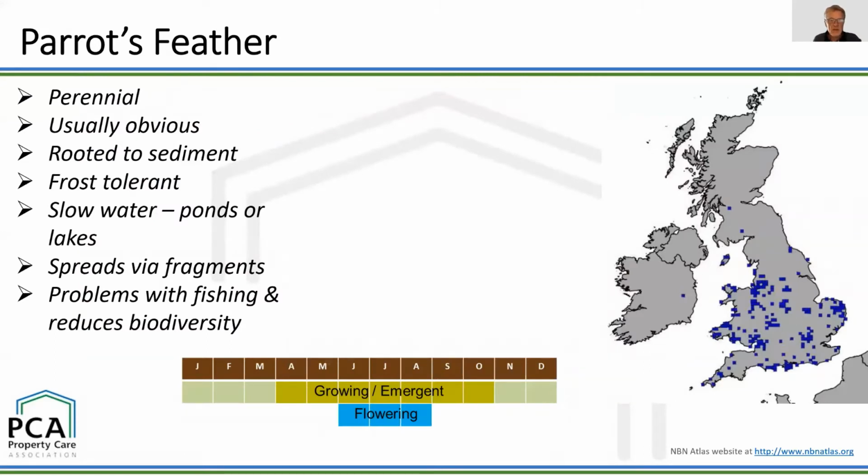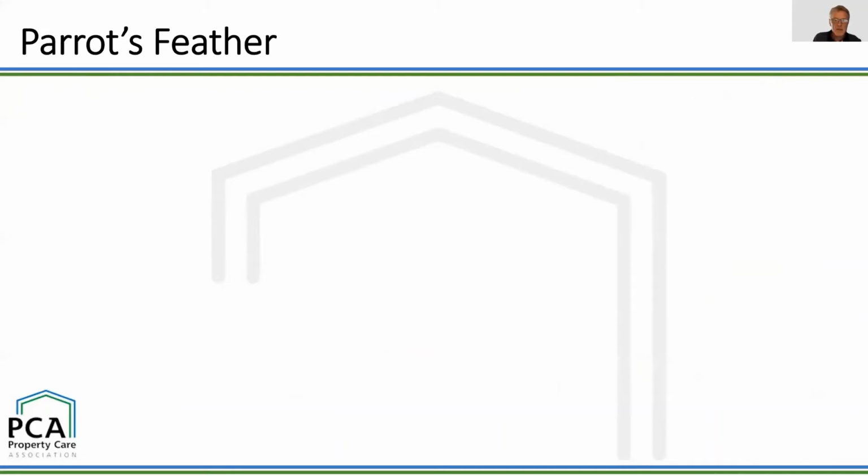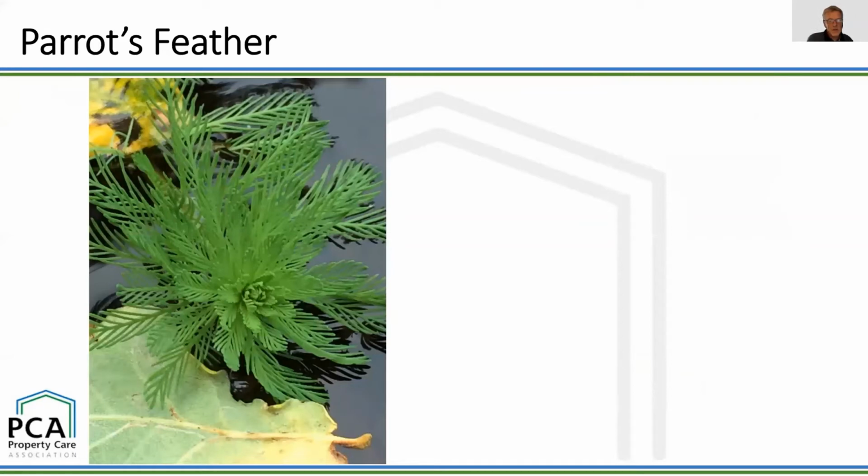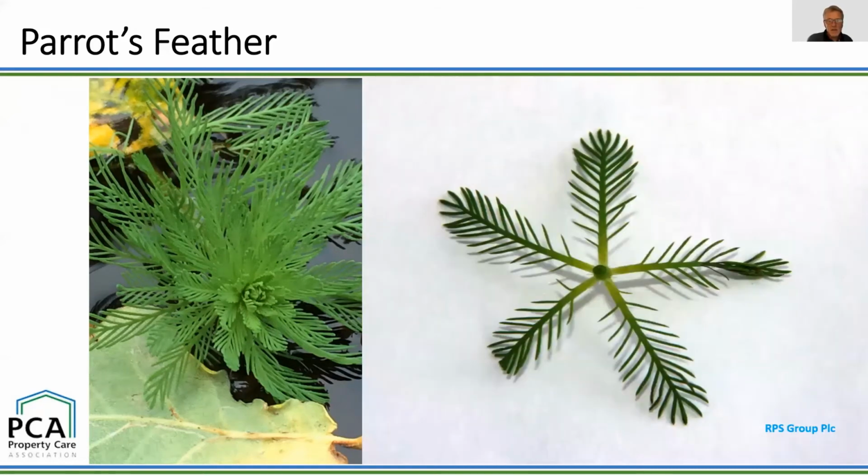Okay, so Parrot's Feather. The distribution of this isn't quite as dramatic as some of the other species, but it's one of these species that is increasing in its distribution across the UK. As we saw earlier, it has these fine fronds along the leaf edge. And when you take a cross section of it, you can see that it's actually quite distinctive. Now, there are a number of other species that look quite similar,